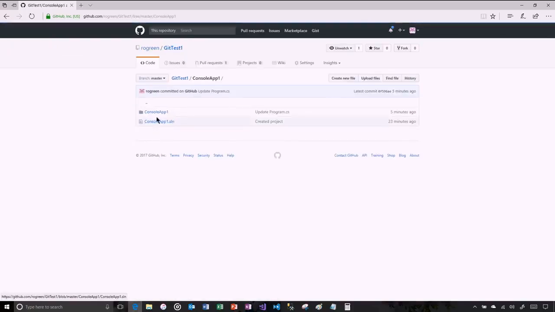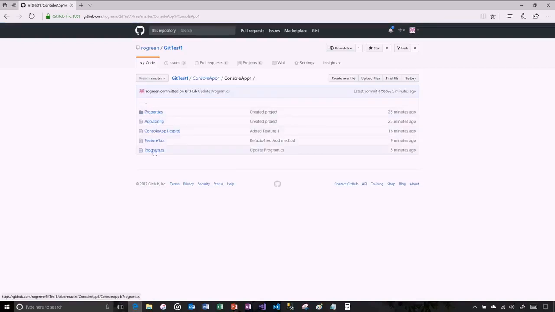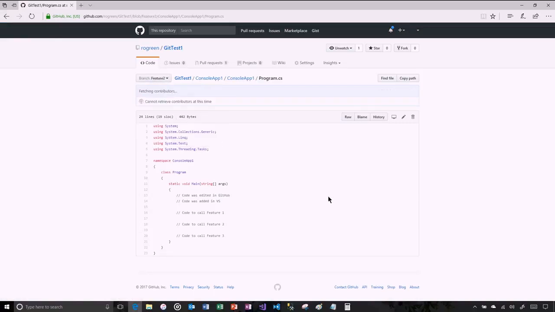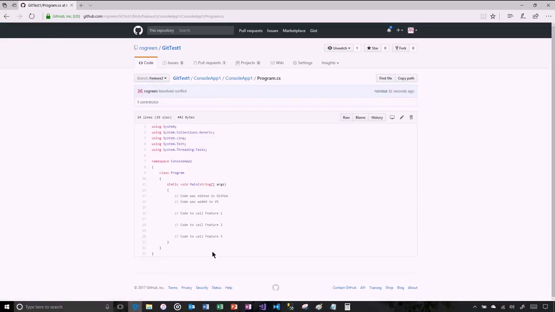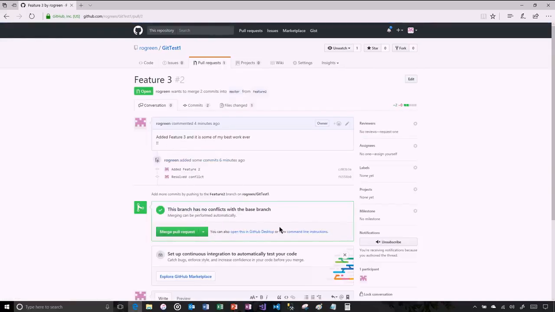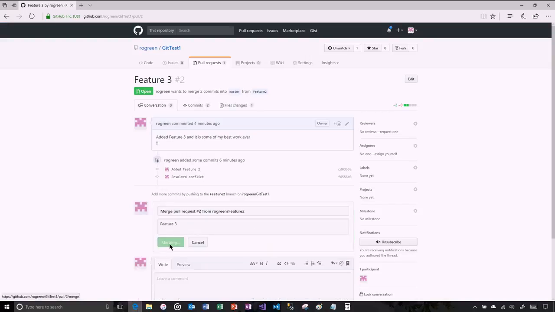The code in master does not have my change, but the code in feature 2 has both of our changes, and this is what I now want to move into the master branch by the updated pull request, or it's actually the same pull request, but now there are no conflicts. Now I can merge this, confirm the merge,